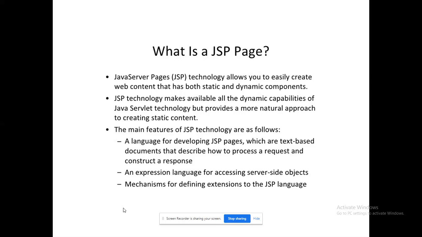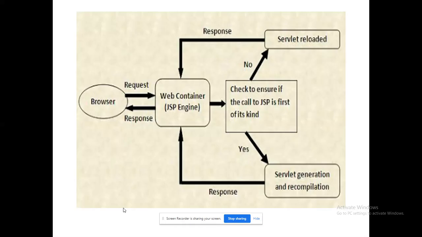So the JSP page consists of both dynamic content and static content. Static content is powered by HTML. Dynamic content is completely powered by JSP. The term JSP web page is very important. Designing websites using JSP is a trend. Why is it a trend? The architecture will reveal it to us.